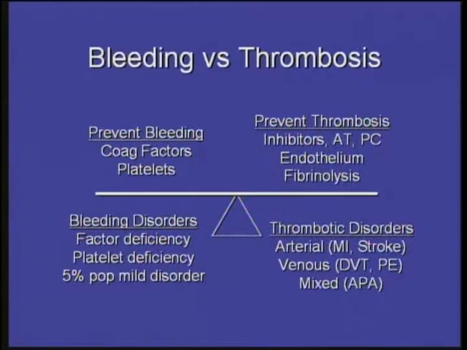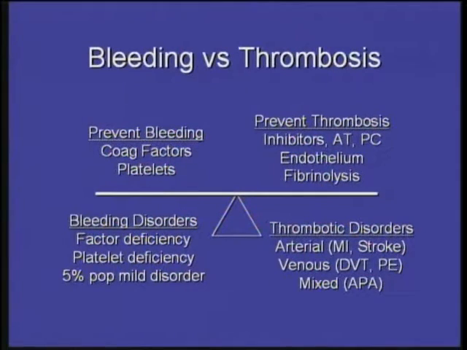On the other side, if you think of thrombotic disorders, well, now we're talking about on the arterial side, myocardial infarction, heart attack, stroke. On the venous side, deep venous thrombosis, pulmonary embolism, and then there are the mixed syndromes where you can have both arterial and venous thrombosis, like heparin-induced thrombocytopenia and antiphospholipid antibody syndrome. So if we look at these, this is a significant fraction of the whole population, right? One-third of us are going to die of these things, and probably half of us are going to have some kind of disability associated with it at some point. So a much higher fraction of the world is going to have a problem associated with thrombotic disorders